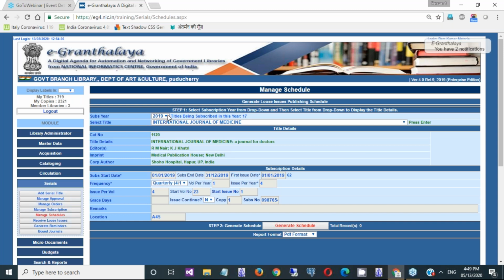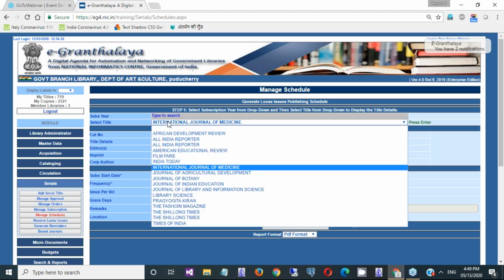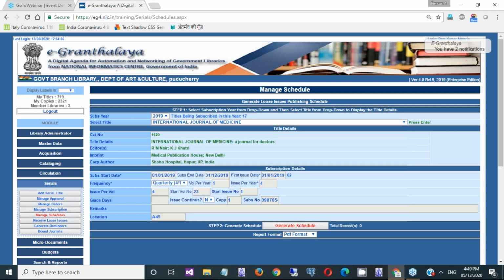Whatever journals are being subscribed in that particular year will appear here only, displayed in the drop down. These are the information you have given in the previous step. Based on that, you need to generate the schedule. For generating the schedule, you need to press the generate schedule button.